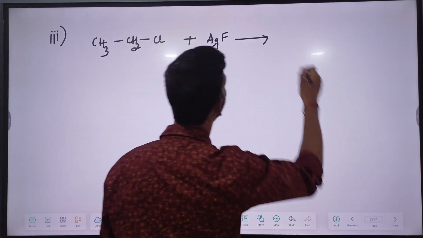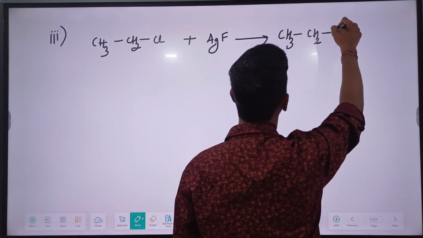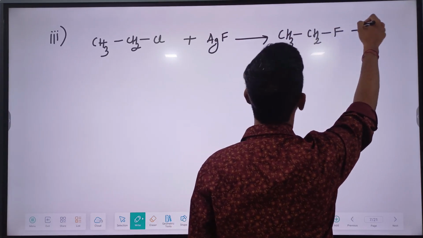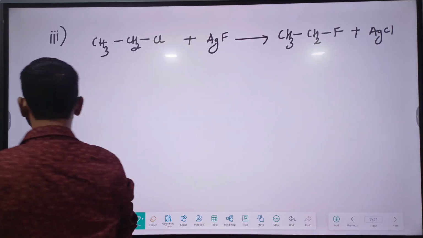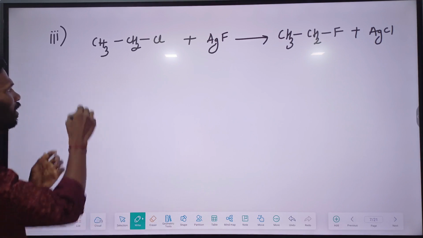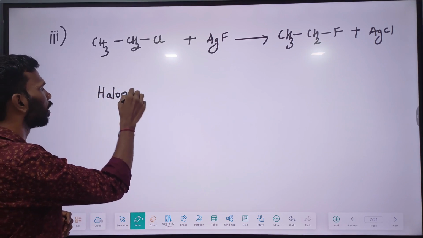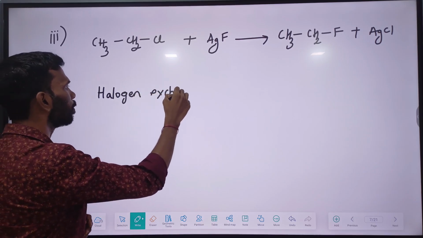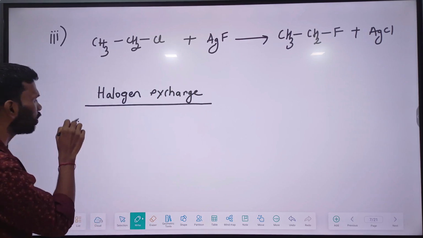And CH3CH2F plus AgCl. See, in halogen exchange reactions, there are two reactions which we basically learn. Halogen exchange, we learn two reactions. One is